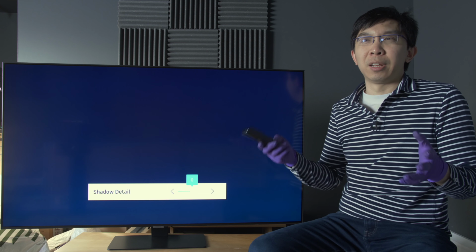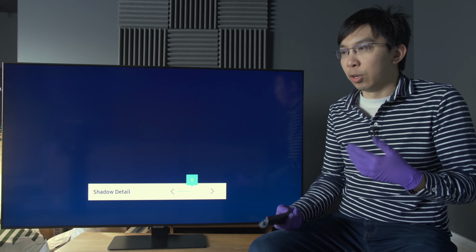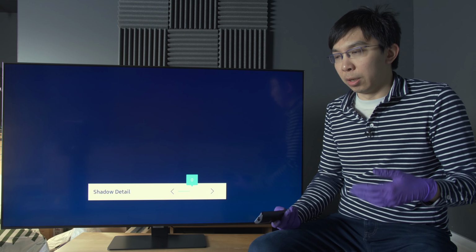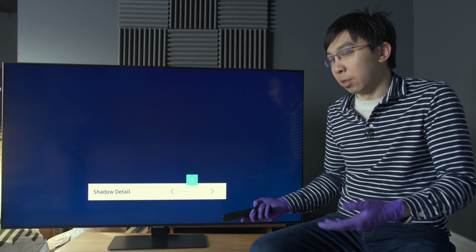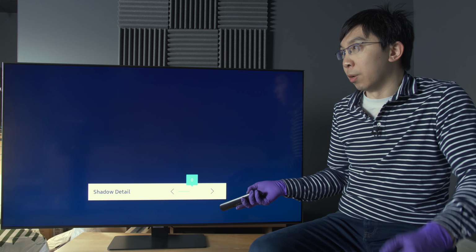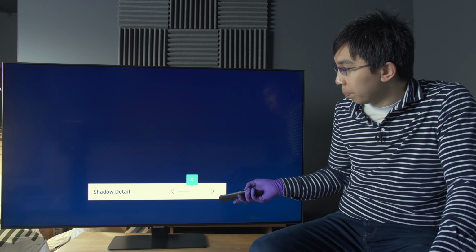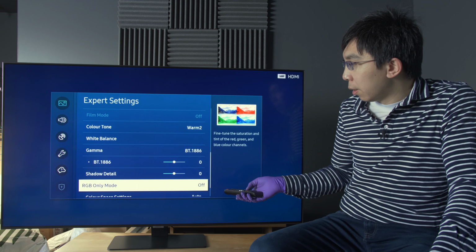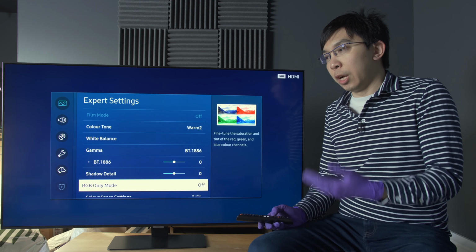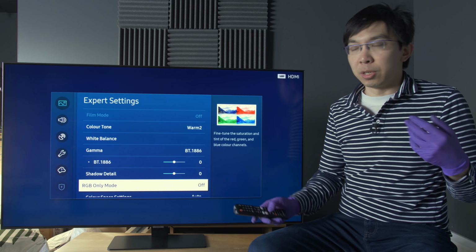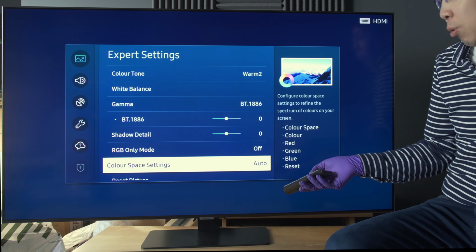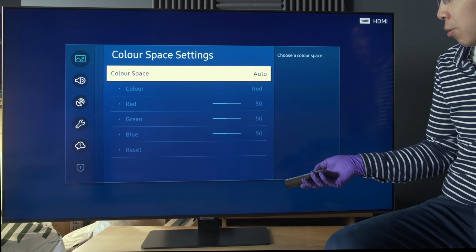But again, I think, without doing some testing, it is not usually wise for you to start adjusting this, because you don't know how bright the shadow detail should be, what would be the reference level of shadow detail. And RGB only mode, in the old days, this is used to check color decoding, but these days we just use a meter. The color space settings, this is set to auto by default, but you can also